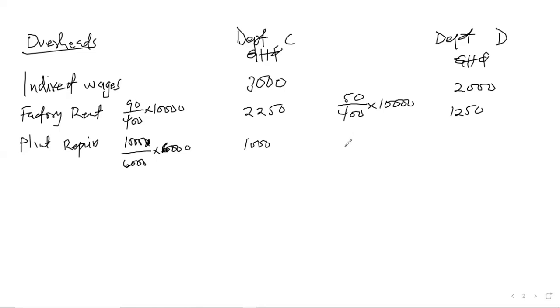Then the last one is 600. So 600 divided by 6,000 times 6,000 will give us 600. Then we move to the next one,